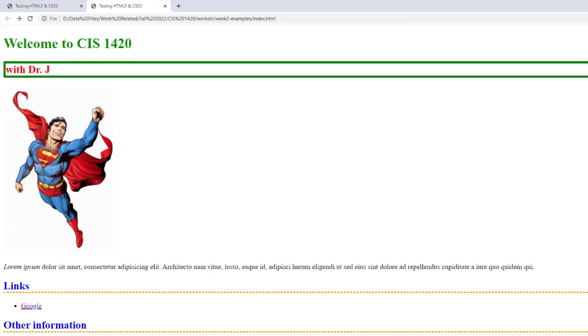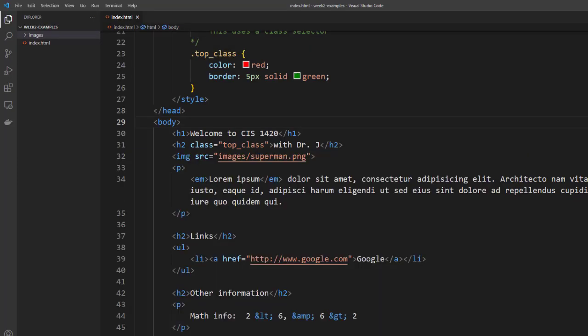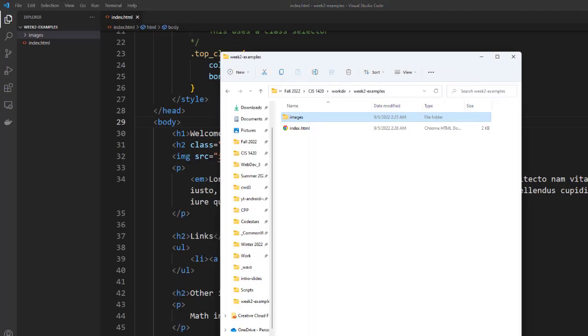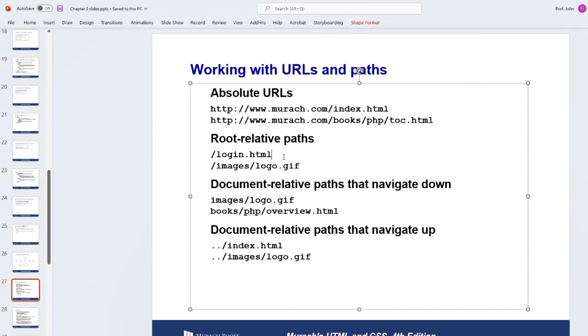And there you go. Now, if it was in a different folder, like they're saying here, if you want to go up a level, I could actually put it in a folder one level up, and I would just say .. meaning go to my parent, and then go in, and then find the image. You could go up and then into another folder, and then the image. And again, if you need to go up 2 levels,